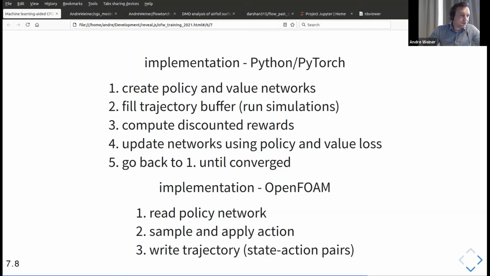Okay, another question. Is the ML model trained? Ah, no, okay, this was an old question. Okay, so the second part of the implementation is now OpenFOAM related. And in the OpenFOAM,